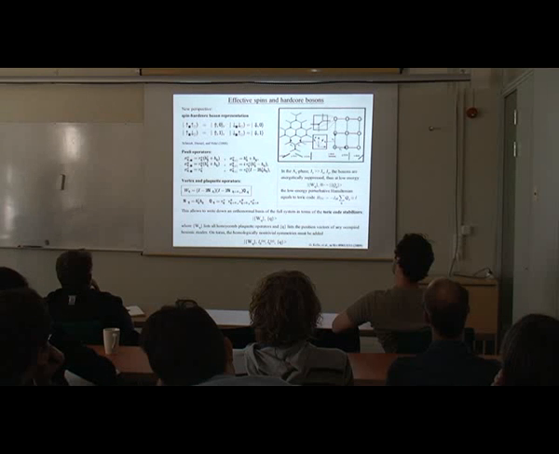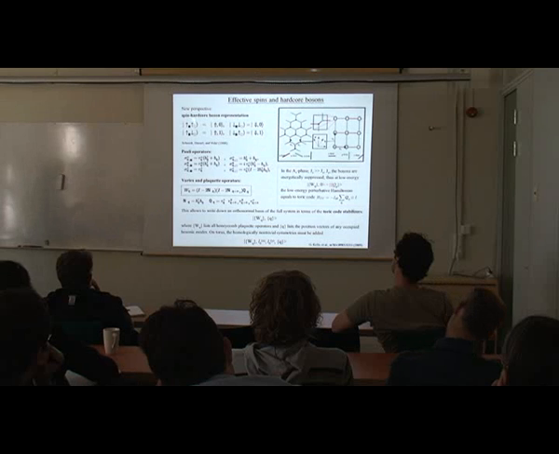And because it's a bipartite lattice, we could color some of these vertices black, and keep the others white. So we have these black and white vertices. And if the black vertex is pointing up, we say that the effective spin is pointing up. If it's pointing down, we say it's pointing down.